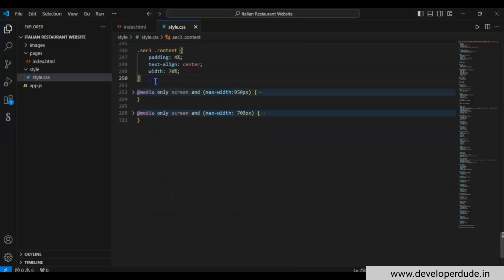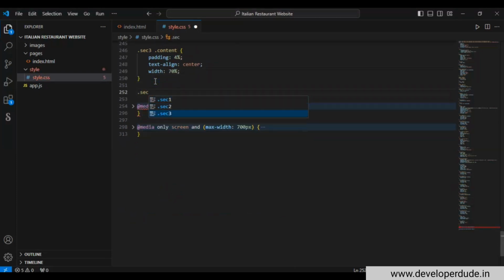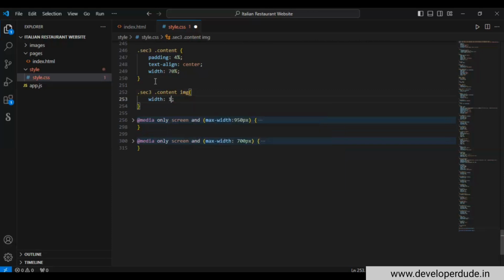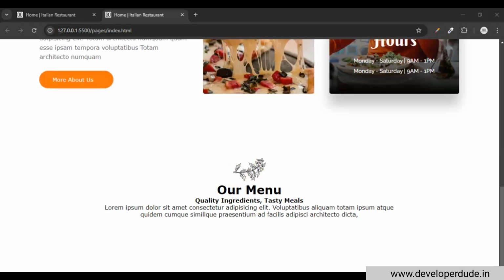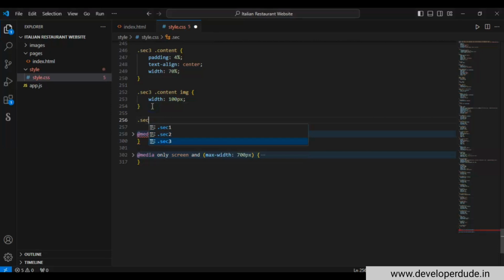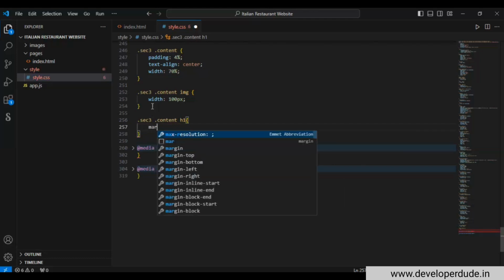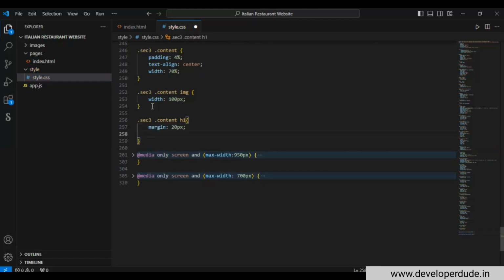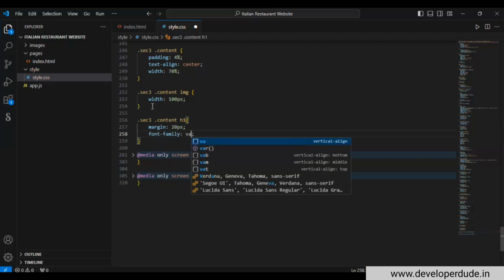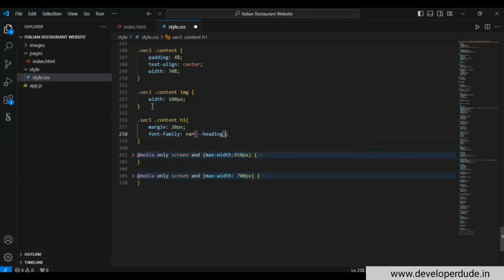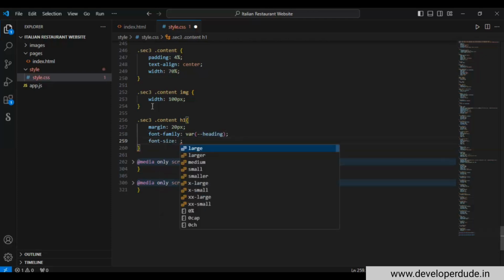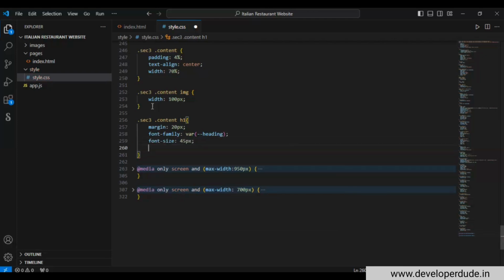Now .sec3 .content image, set the width to 100 pixel. So this is how we change the image size. Now again sec3 .content, target the h1 element, margin top to bottom 0, left right 20 pixel, font family where heading, okay, font size 45 pixel, font weight 500. Okay,